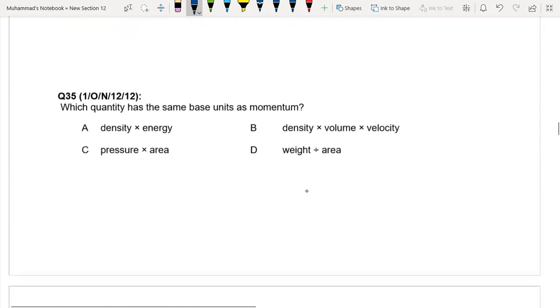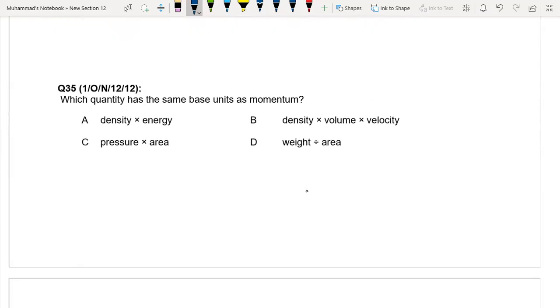35. Which quantity has the same base units as momentum? You know that momentum is mass times velocity, that is kg m s minus 1. So density times energy. Density is mass per unit volume, times energy is basically F into D. So if you put unit of this,